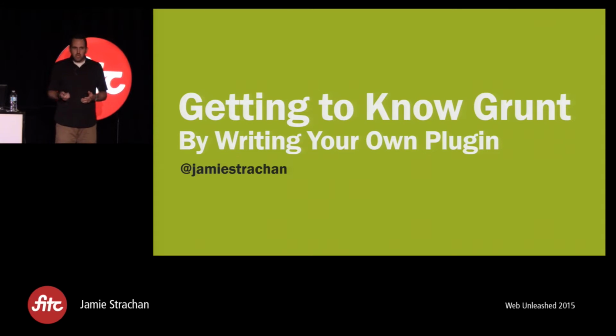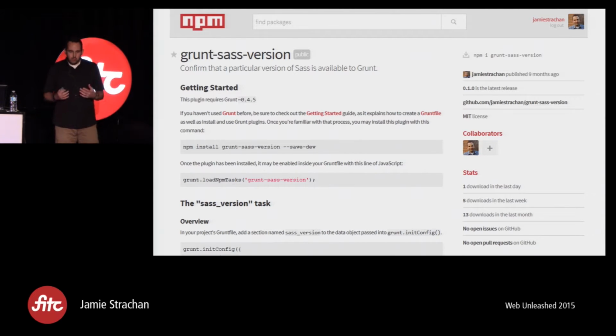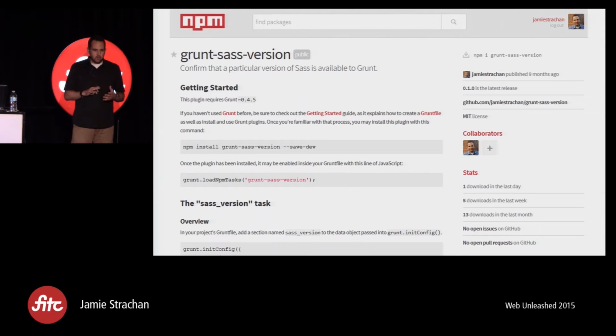And so this talk actually came out of an itchy fingers project that I had to build a Grunt plugin to solve a problem that my team was having. So this is the plugin that I built. It's called Grunt SaaS version. What it does is test whether or not you have a particular version of SaaS installed when you start to run your build. We had this issue where, because of a bunch of reasons,